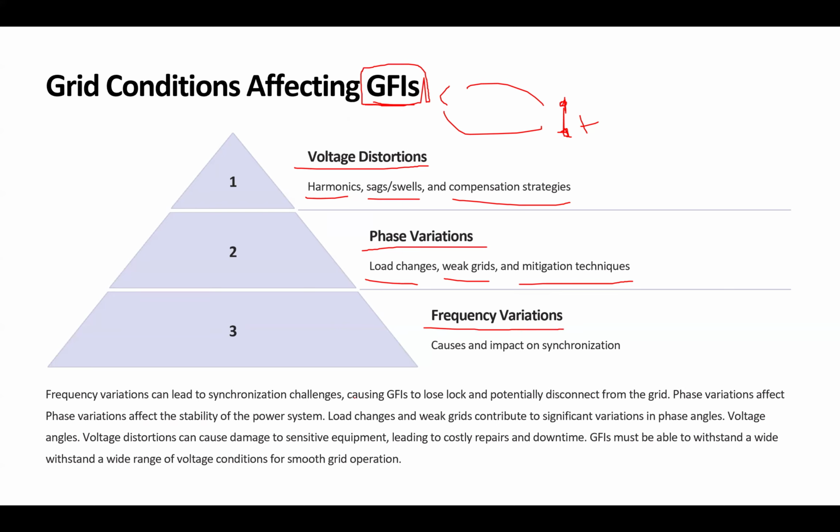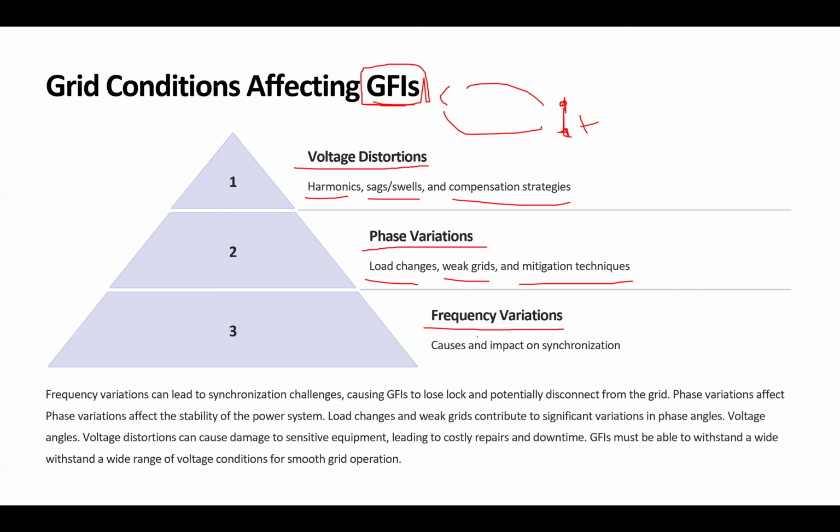Next one is the frequency variation. We always say that we want to keep the frequency at a specific level. We don't tolerate variation from that, but this is our desire. That doesn't mean that the power grid would not face any frequency variation. If the frequency variation happens, you could already, I think, imagine that it would again affect the